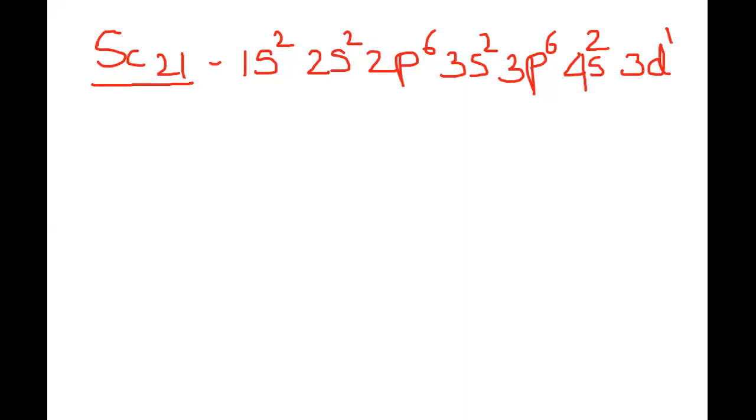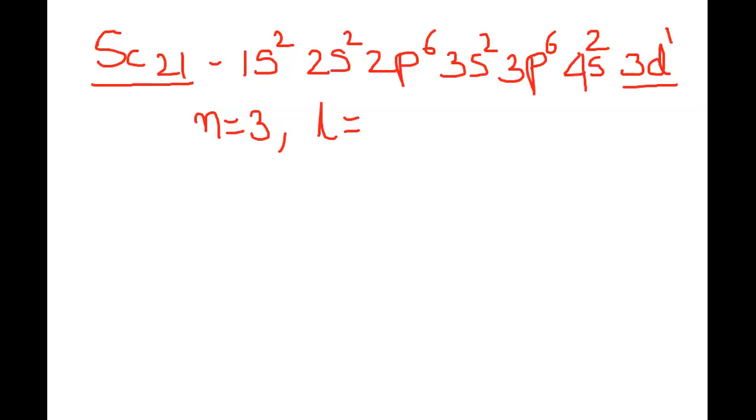In this case, children sometimes make the mistake of writing n is equal to 4. No. Here we are not talking about the order of filling up. We are talking about the position of the electron. So what will be its position? It is in the 3d orbital, so n is 3. Since it is d, l will have a value of 2.